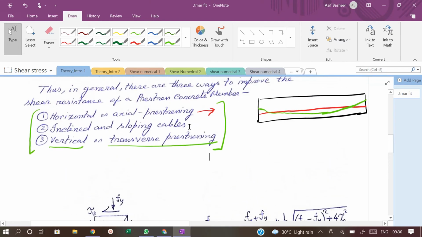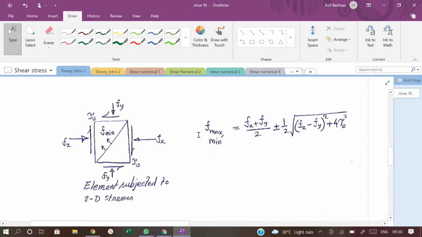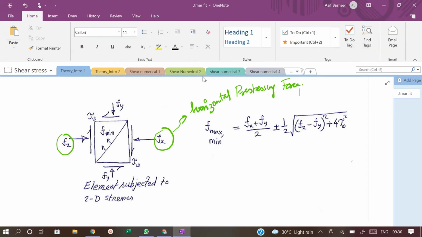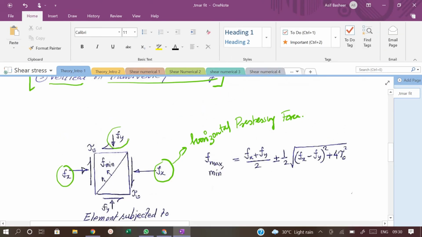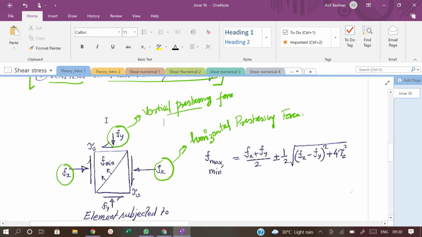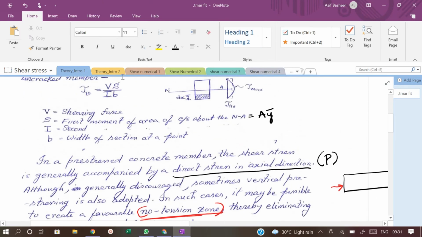That is, I told you we are introducing an axial pre-stressing force, and that is in the form of compression, right? Isn't it? So in the x-axis there is a compressive stress acting Fx. Is it clear? That is a compressive force Fx. Now this is your horizontal pre-stressing force. Now Fy is the vertical pre-stressing force, and that is optional. Vertical, and tau v represents the shear stress at that point, shear stress at that cross section.